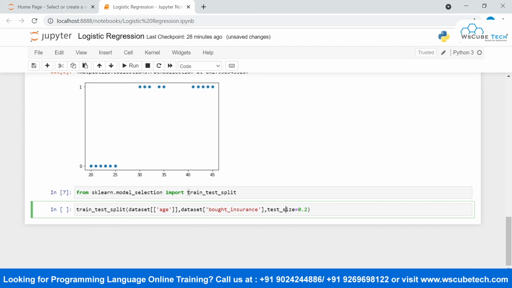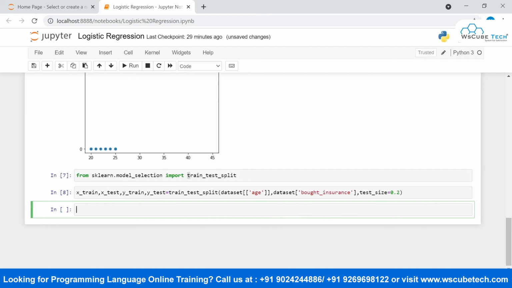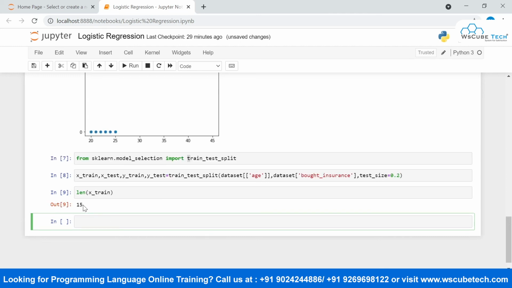After this, I'm going to get X_train, so I'm going to run this. That's it. Now let's check the length of our X_train. See, it is 15. This data we are going to use in order to train our model.